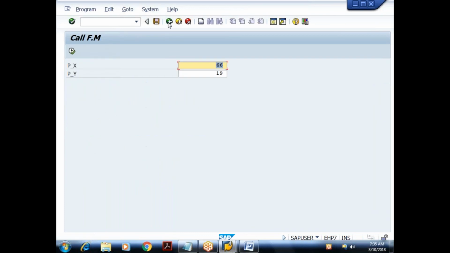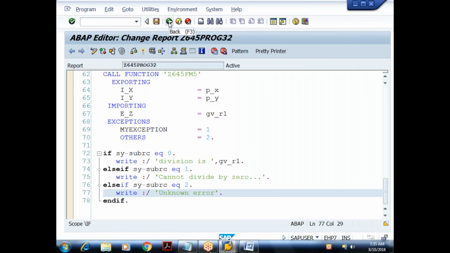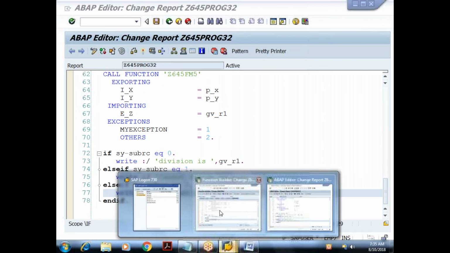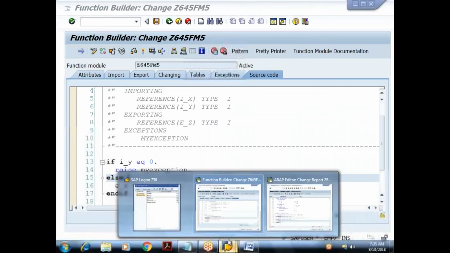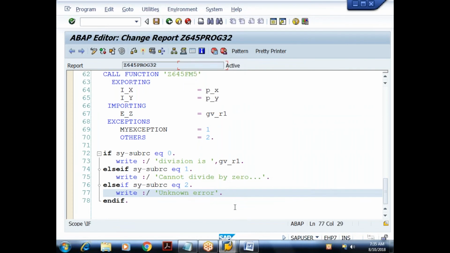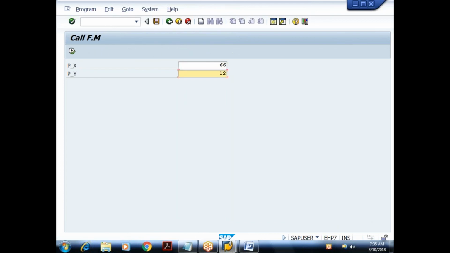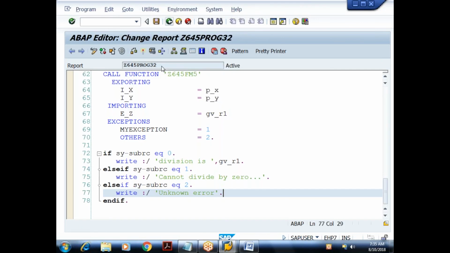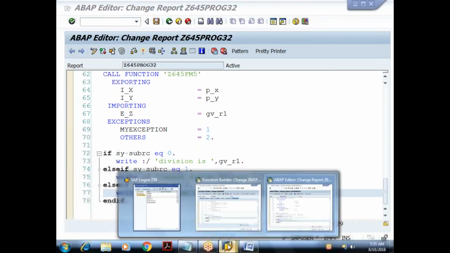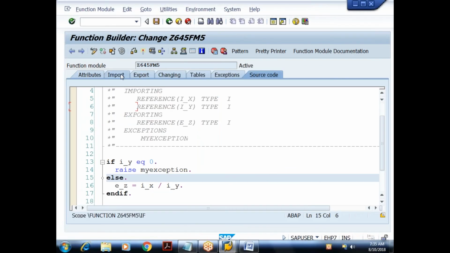Why did I get 1? 66 and 12. Division is 1. Why 1?